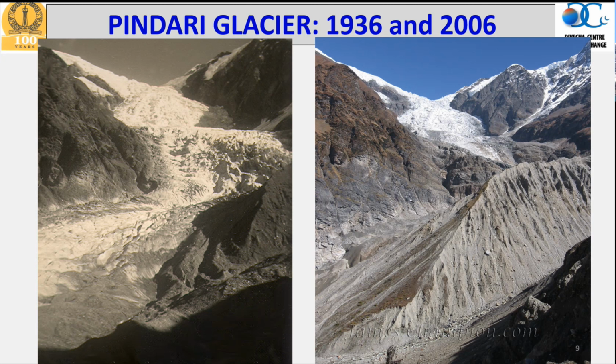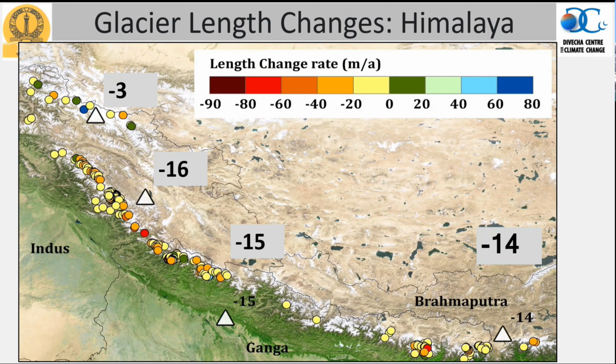So you can see here, this is the only valley, and this entire region has really vanished. So clearly suggesting that glaciers are retreating and losing mass, and we know that on average, the glaciers are losing around 14 to 15% length every year, except in Karakoram. So we have an anomaly in Karakoram.